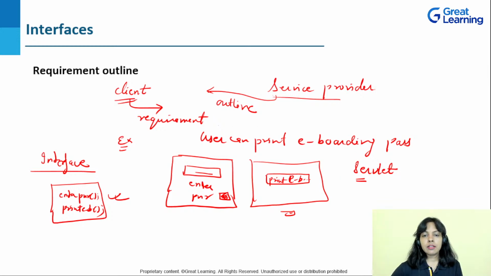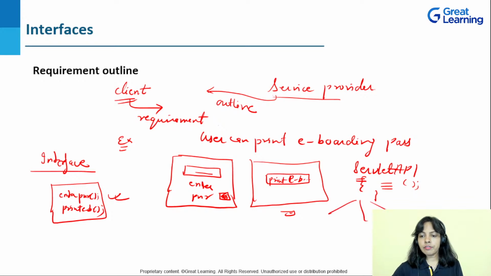Because, guys, if you have to make any API, what is it? Application Programming Interface, where the API can be integrated into any other application, and they can make use of that API. Yes or no? So servlet is generally a kind of API, meaning it is an interface itself, using the concept of interface. In this there are certain methods defined which do not have implementation. It's not given how that method is going to work.